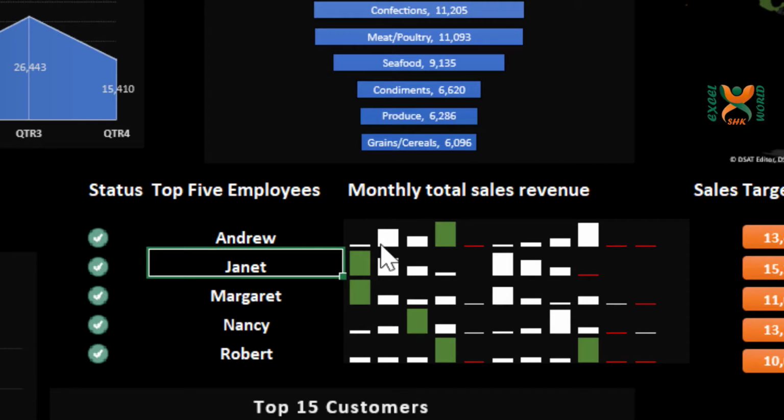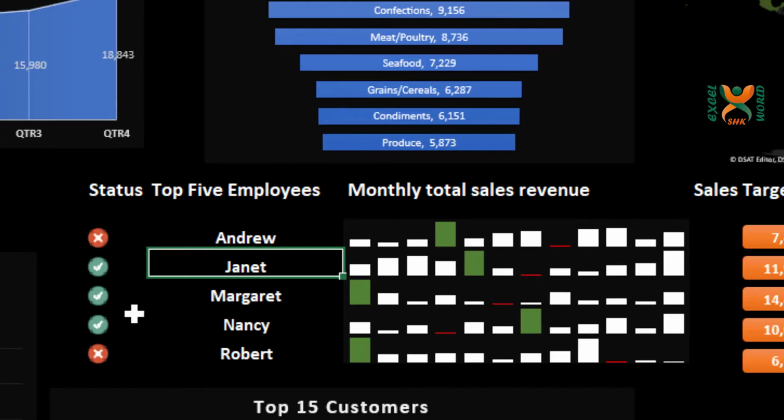And in today's video, we will see how we are going to create these KPI checks, which is basically created with the help of the conditional formatting icons. So whenever we apply a certain filter, these KPIs will tell us whether the employee has achieved the target.